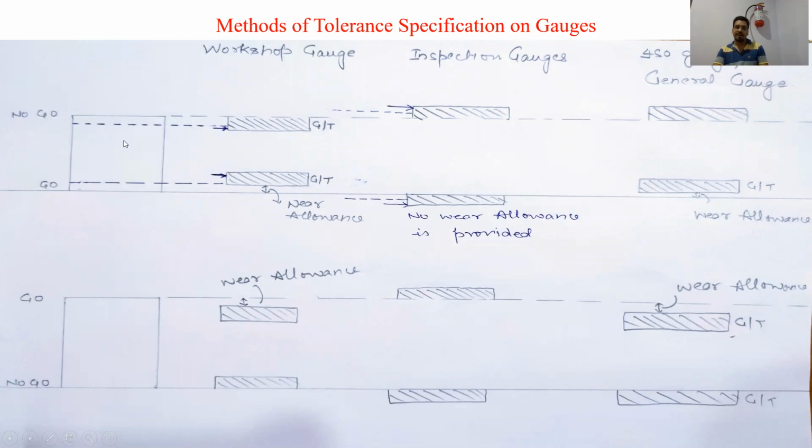ठीक है, तो वैसे अगर आप देखें तो ये no-go और go के बीच में डिजाइन किया गया है ये होल. ठीक है, तो ये एक्सेप्ट होना चाहिए था चाहे भले ही इस लिमिट पे किया हो. लेकिन गेज टॉलरेंस की वजह से कुछ आपके अच्छे पार्ट, गुड पार्ट्स रिजेक्ट हो जाते हैं.